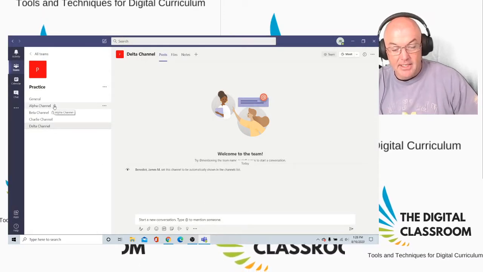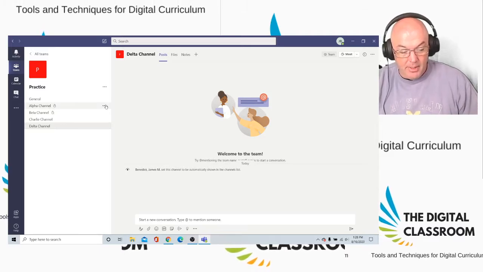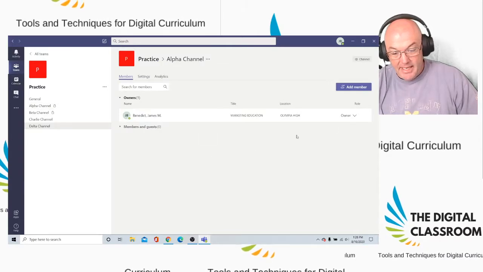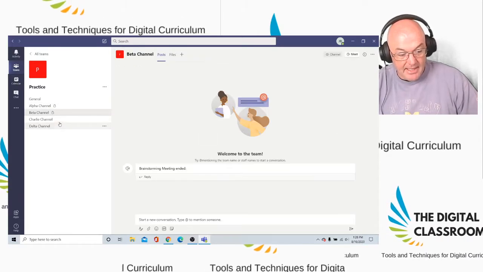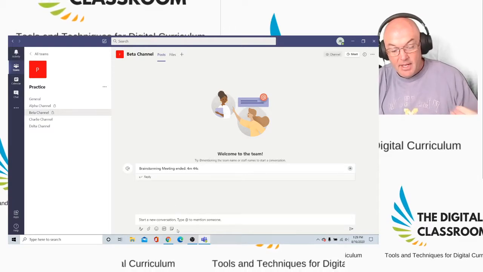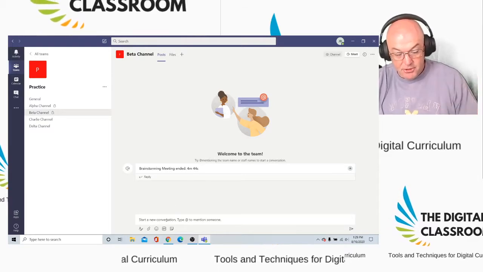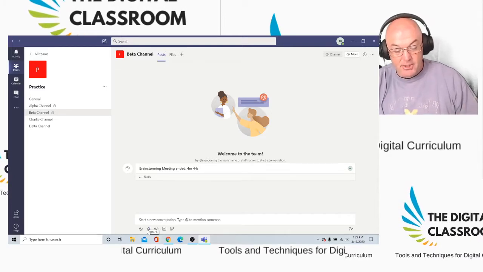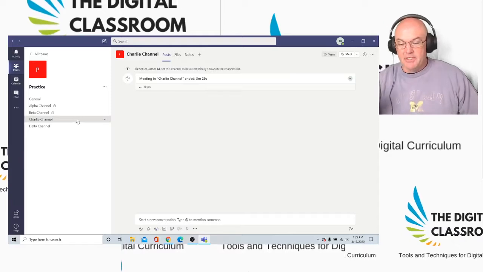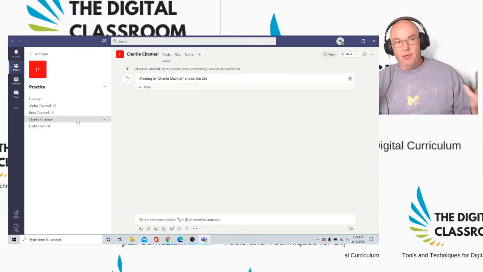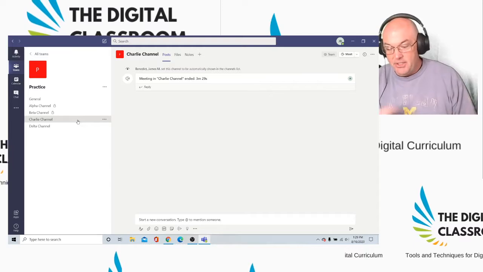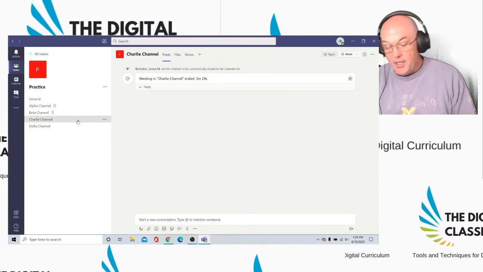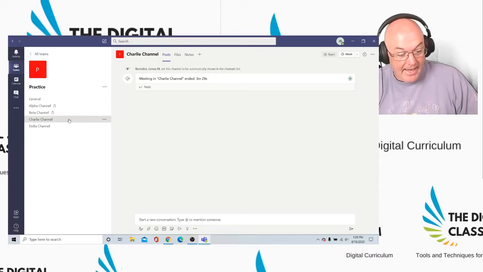Anything with the lock on it is a private channel. So you can go in and edit channels. You can manage the channel, and you can add your members here and different things like that. But when students go in, they actually have the ability immediately to start a conversation with each other. And they have the ability to attach files to each other. One of the things that I do like with this, and here's one way that you can use this. If you want to have students practice a presentation, or you want them to run through the notes with each other or review in small groups,